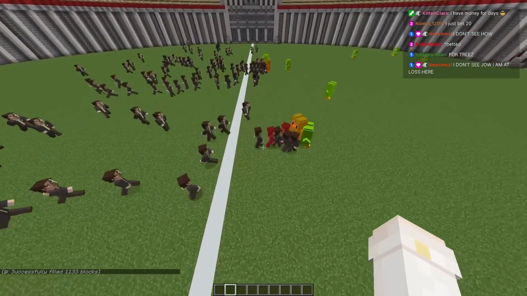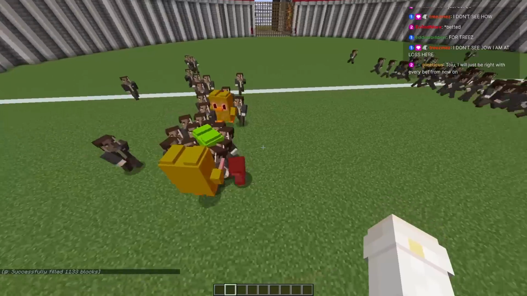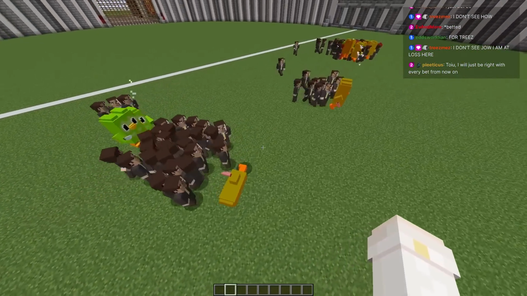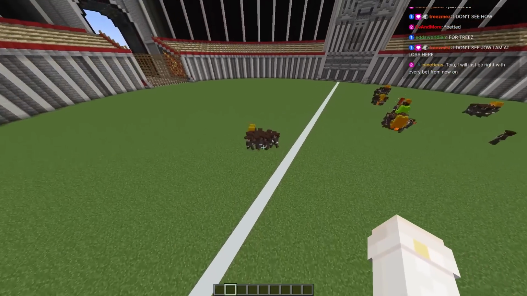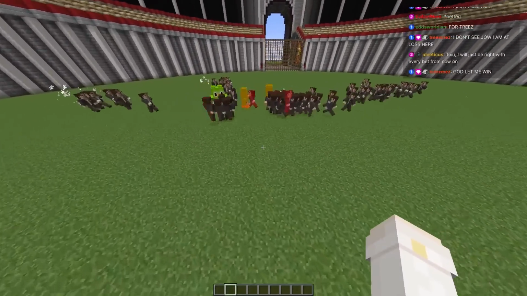The Saul Goodmans are already focusing on a single individual. It looks like the Duolingo Owls are having quite a struggle to hit anybody. Already a couple of Saul Goodmans are going down. A Duolingo Owl is down. Saul Goodman, they are overwhelmingly strong. Jesus Christ. Look at them. They are focusing in on each one. Duolingo is not able to do anything. The Duolingo Owls seem to be quite scattered. They have not been able